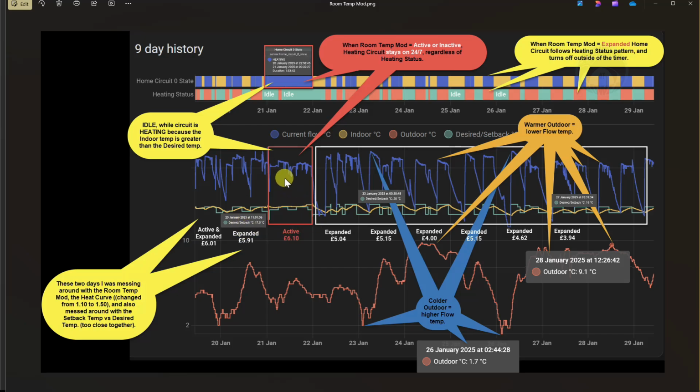But look at active, 610, and it's constantly running. There you can see constantly running. And look at all the other days. It's just better. In my use case, I believe expanded is the best option to be on. You can pause the video and have a look at this a little bit more closely, but for me, expanded is the